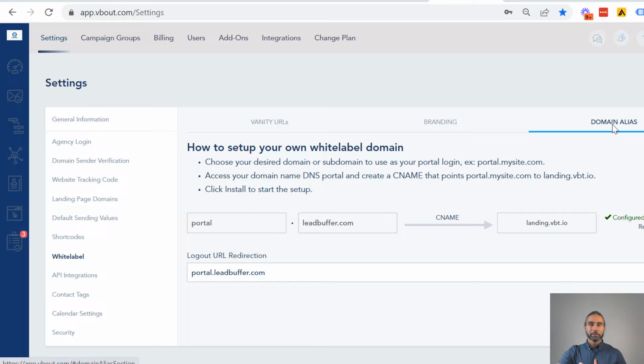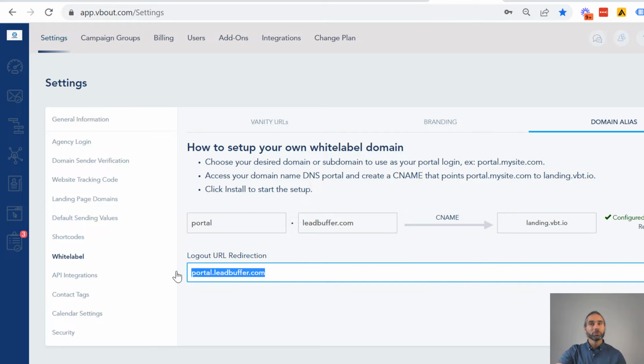Go to the domain alias and install or choose your subdomain of choice. It could be a www, that means a root domain. But in this case, a lot of companies use something like portal dot your domain, dashboard dot, app dot, whatever it is you prefer. We give you a CNAME to install. Don't mind this one, you will get your own. And then you add the CNAME, very simple, about a minute setup, as long as you have DNS access, and you are good to go. The SSL will be installed from our side, all that stuff taken care of.